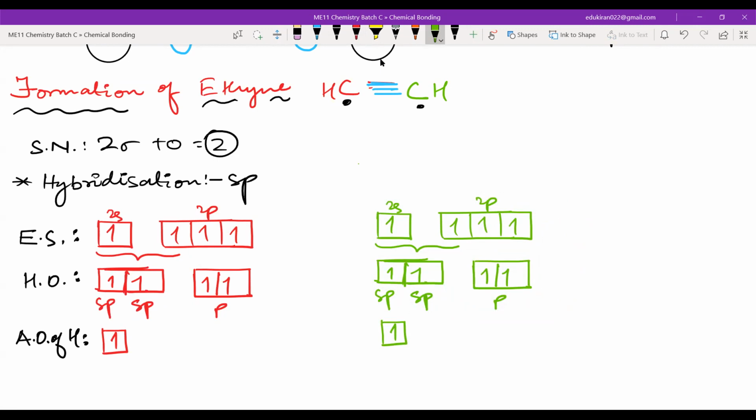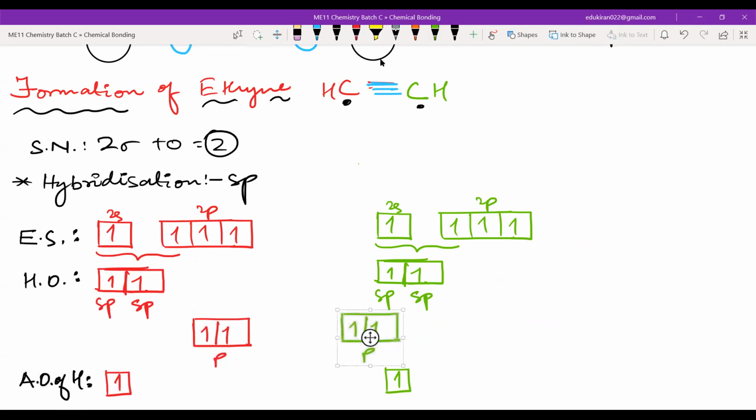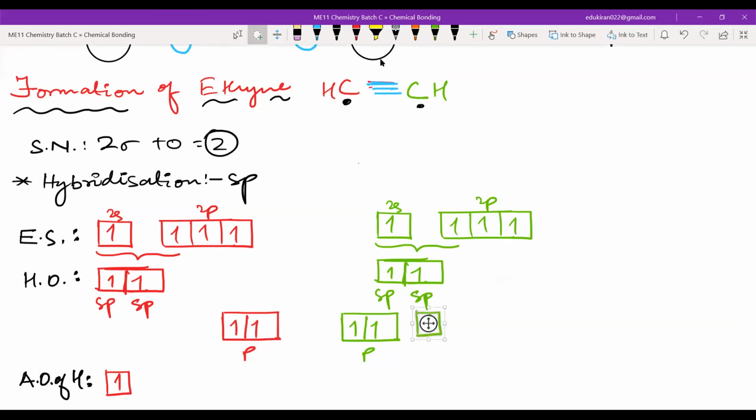Now, from the hybrid orbitals, what will be happening? Let us just make these p's a bit lower. Let us lower the atomic orbitals of the hydrogen a bit. This also will get a bit lower here, and let us get these p also a bit lower so that they can form some bonds. Okay, let us do it like this, it will be better. Now what will happen? This hydrogen, you can place it here. This hydrogen can be placed here.